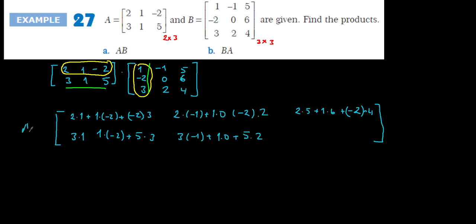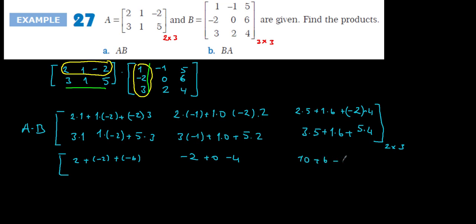This is, by the way, 3 times 5, 1 times 6 plus 5 times 4, it's going to be. So quickly I'm going to finish this one. By the way, the resultant matrix is a 2 times 3 matrix. It should be 2 plus minus 2 plus minus 6, minus 2, 0, minus 4, 10 plus 6 minus 8,